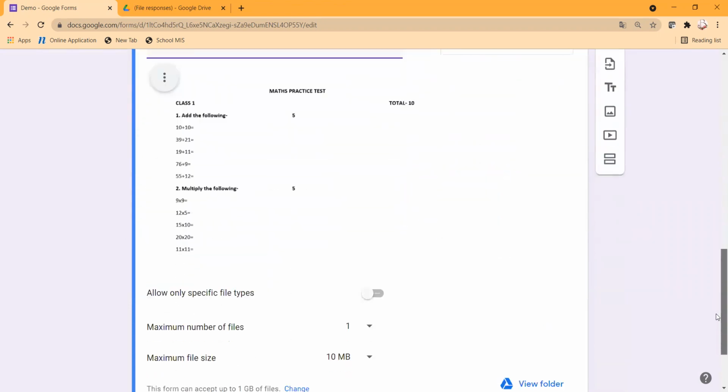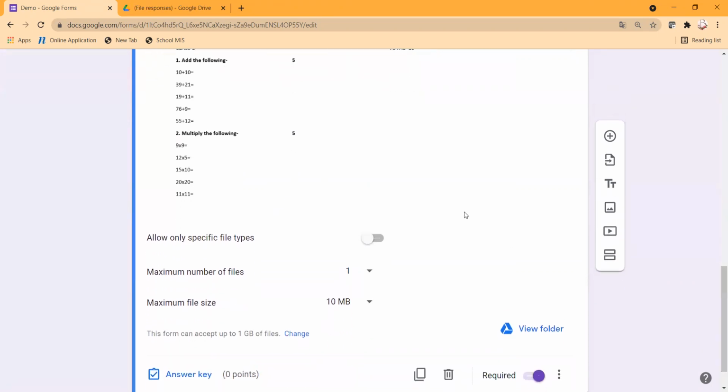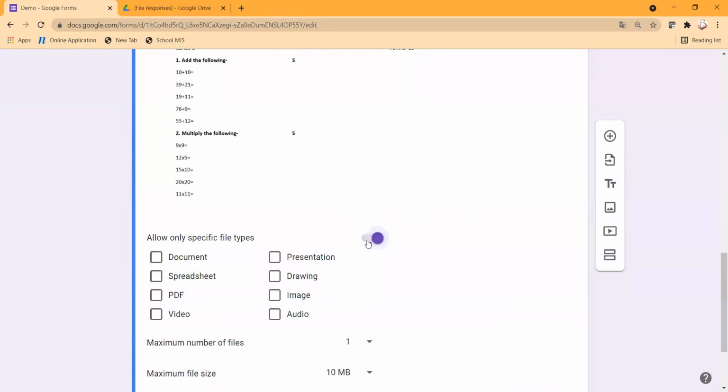Now, this is the question. There can be 2 questions, 3 questions, as many questions as we want in one image. So it will be easy for the students. Now, here are some more settings which are to be done. First of all, we have to select this allow specific file type, like which specific files we want the student to send us.